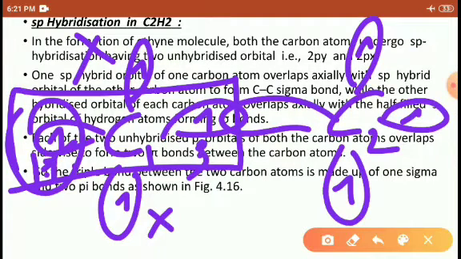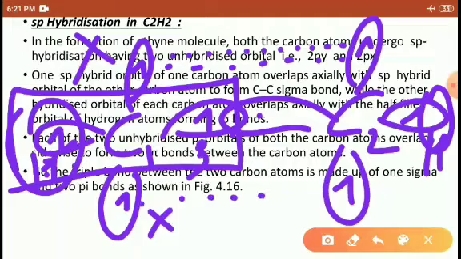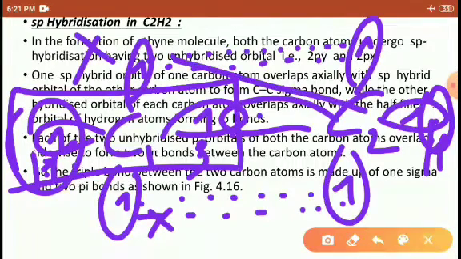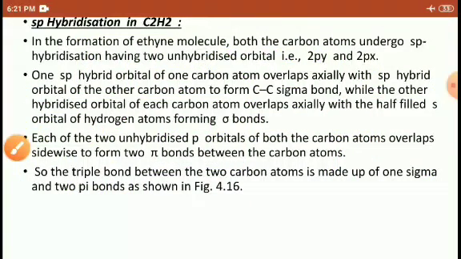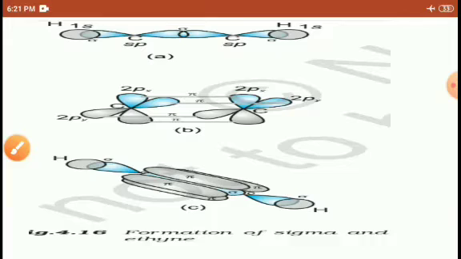The second carbon is hybridized, and it bonds with the hydrogen. So one s, one p hybridized. These, due to the unavailability of hydrogen, form the pi bond, just showing the attraction. Their orbitals are not intermixing; the orbitals are just showing attraction to the nucleus. Right, friends? These are sp hybridizations.